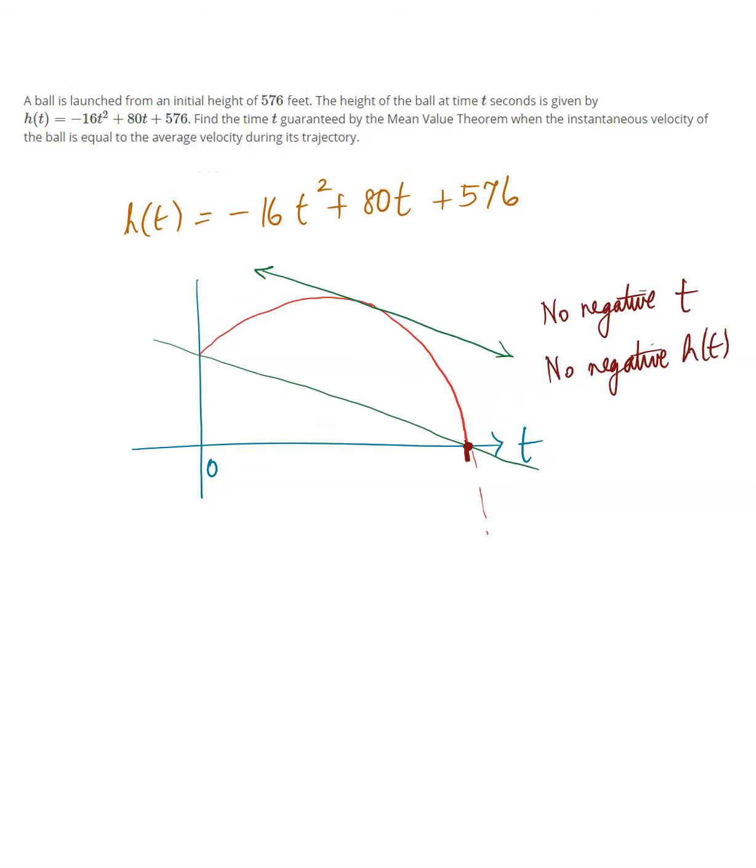Now since we can't have a negative t or a negative height, and also that it was launched at a certain height, it says 576 feet, we know that we want a closed interval for this consideration of the red graph. So I need to find this time t. And if I can find this time t where it ends, then I can consider that closed interval. So I need a closed interval